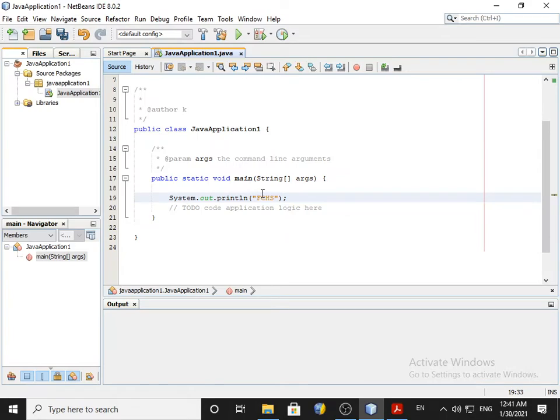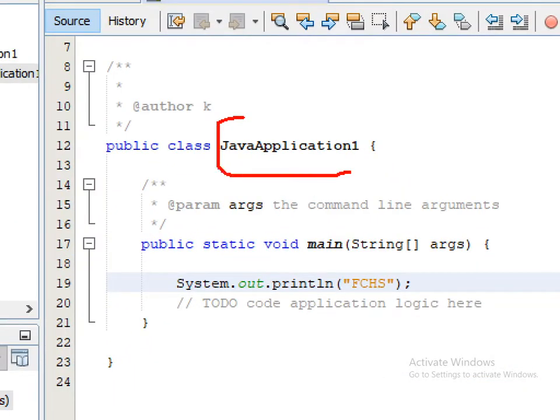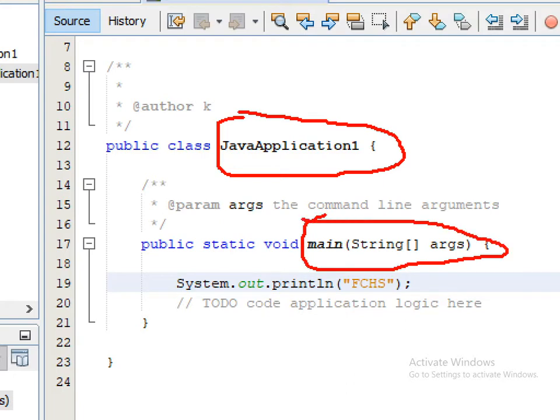So here if you notice, we have one class called JavaApplication1, which contains the main method, the main function. The main function is considered the beginning of your program. Every Java program starts with the main function.